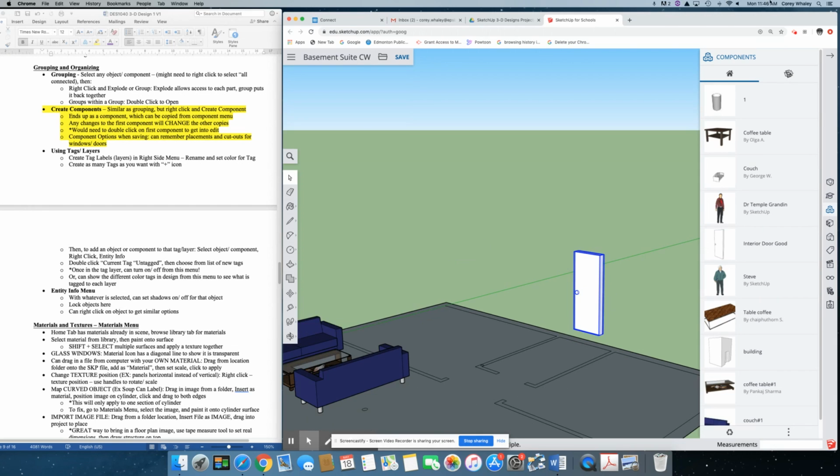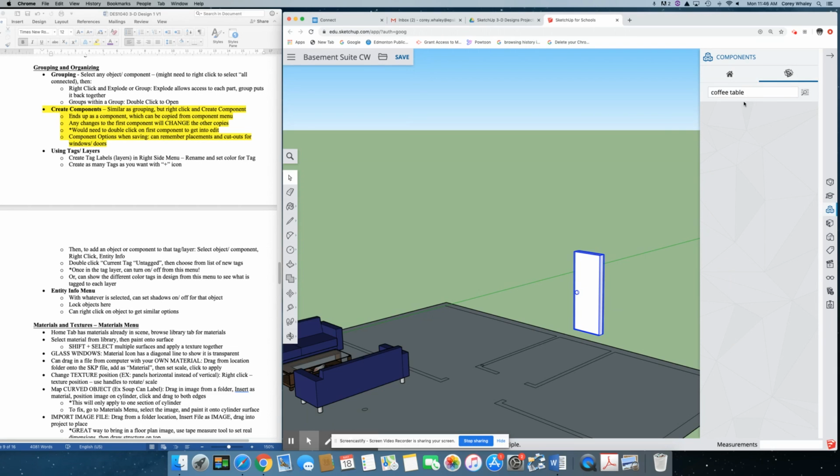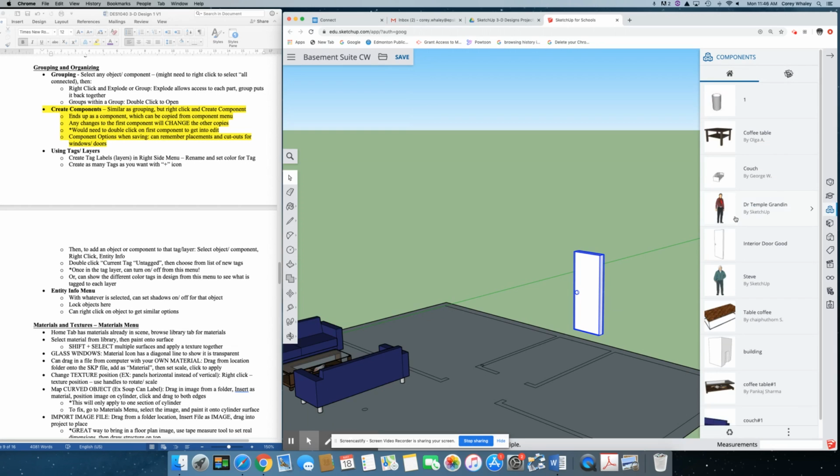Okay, so again, because it's a component, just like in our 3D warehouse, you could search for a door, or you could go to your home screen, and now we have this interior door good. Click on it once, drag it in, and then you would move it and rotate it to get it into the right position inside of that doorway there. So I'll just drop that right there, and then you can do that with the rest. And again, use your